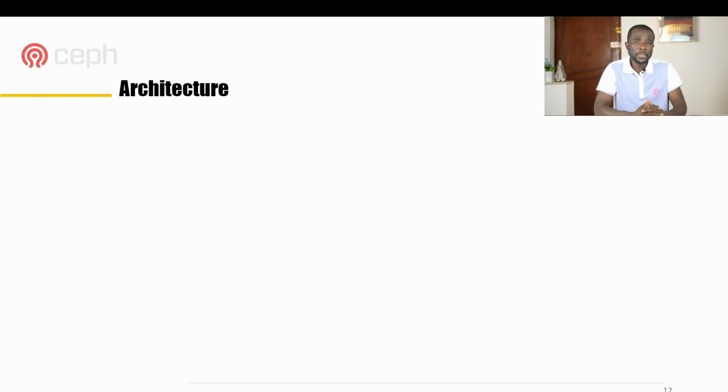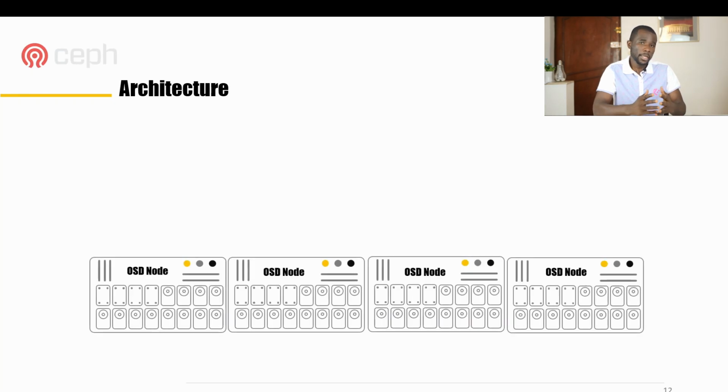A Ceph architecture in a production environment is composed of the Ceph nodes, the OSD nodes. Those OSD nodes have inside some hard drives, which can be SSD or mechanical hard drive, or NVMe hard drive. All those drives are inside of the OSD nodes. Okay, and those